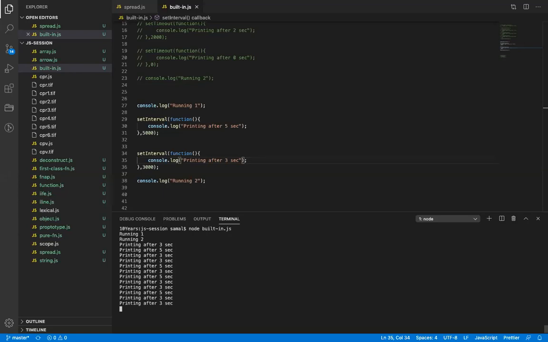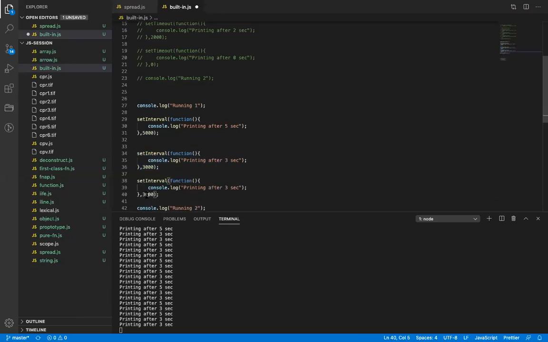So this is one other thing which you have to be very careful about when you're working in JavaScript. Code execution does not depend on the line where the code is. It depends on how the stack, which has the functions, gets executed. Right. If I put 0 here, 0 will basically put in an infinite loop. So I will not put a 0. I will just put 100 millisecond.